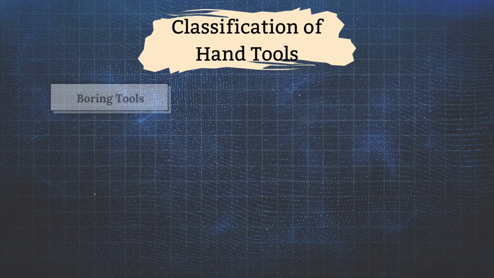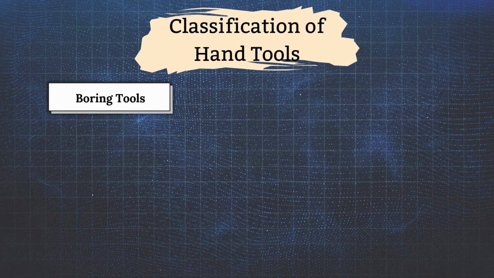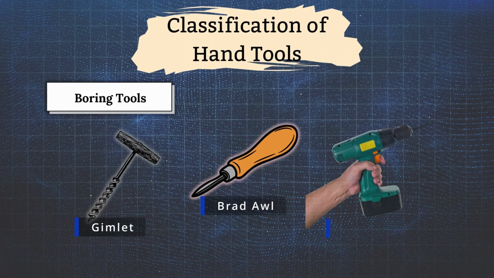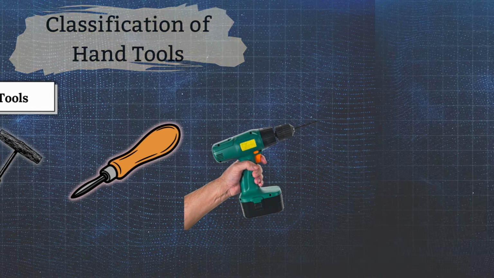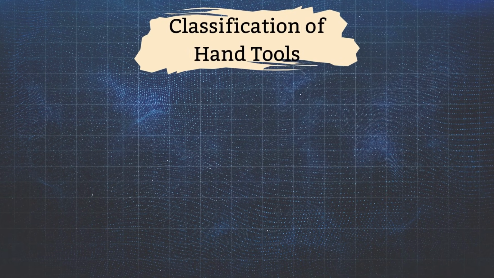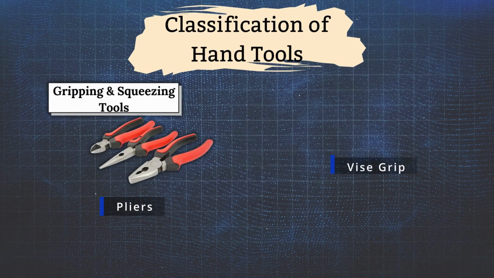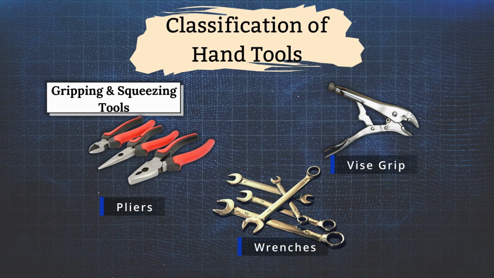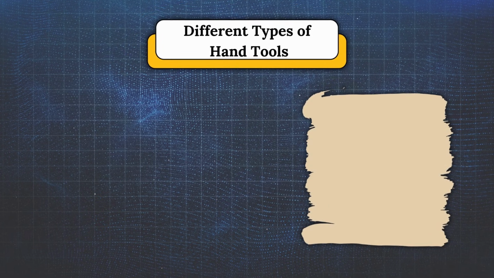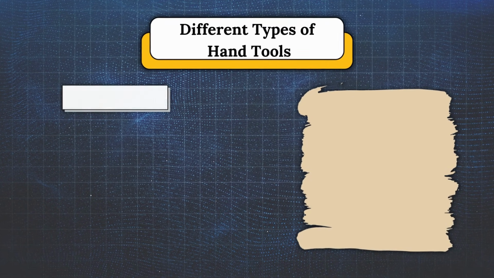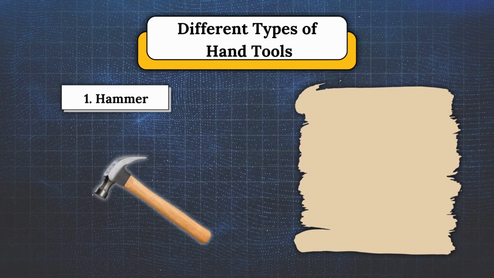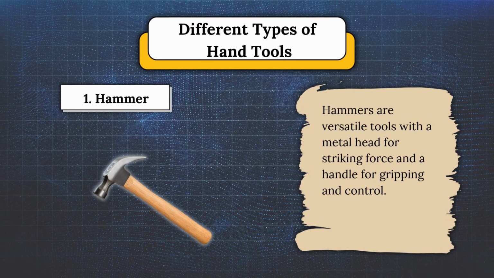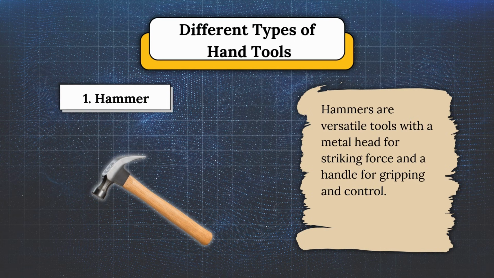Number 8, boring tools. Examples are gimlet, bradawl, and hand drill. Number 9, gripping and squeezing tools. Examples are pliers, vice grip, and wrenches. Here are the different types of hand tools. Number 1, hammer. Hammers are versatile tools with a metal head for striking force and a handle for gripping and